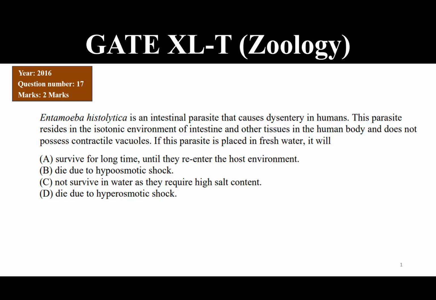Entamoeba histolytica is an intestinal parasite that causes dysentery in humans. This parasite resides in the isotonic environment of intestines and other tissues in the human body and does not possess contractile vacuoles. If this parasite is placed in water, it will